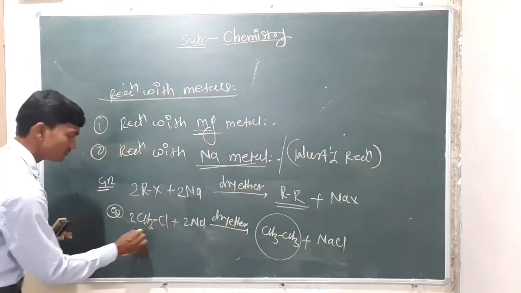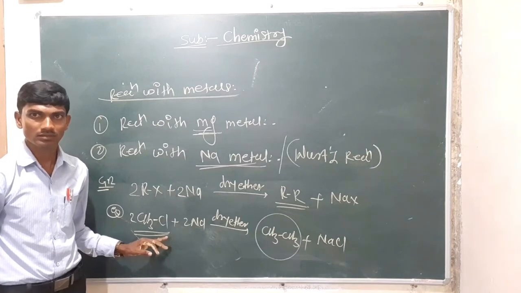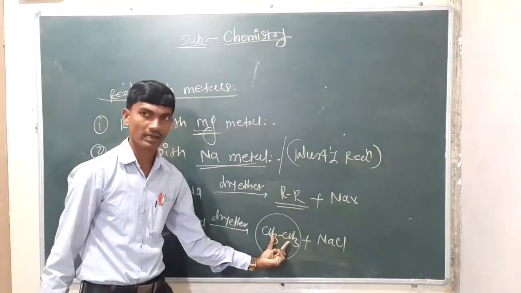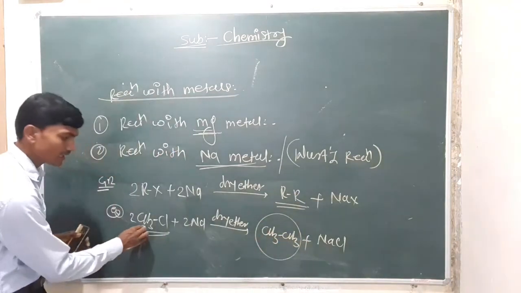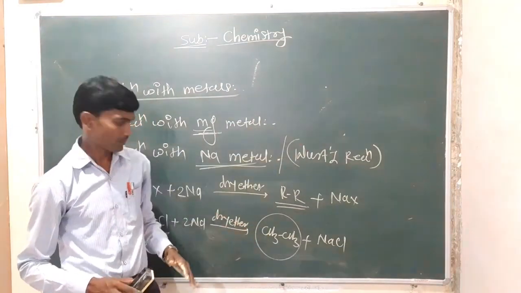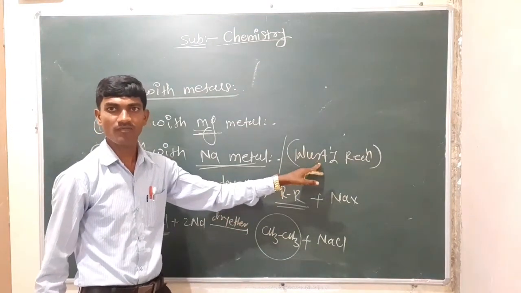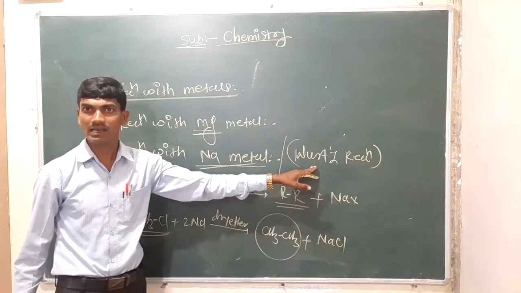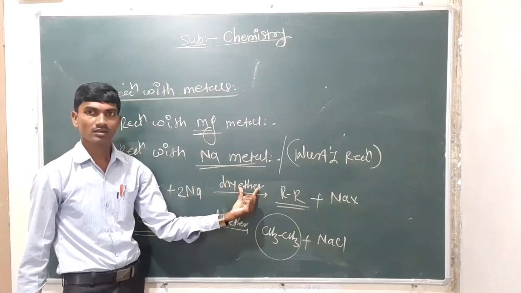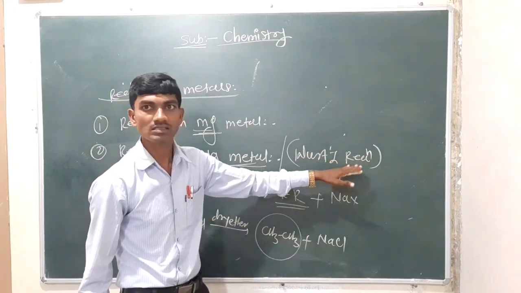In the first reactant, only one parent alkane is present. In the formation of compounds, there are two parent alkanes, first methane and second ethane. It means that a higher alkane is formed, and this type of reaction is called the Wurtz reaction. The statement of the Wurtz reaction is: when 2 moles of alkyl halides react with sodium metal in the presence of dry ether to form a higher alkane, this reaction is called the Wurtz reaction.